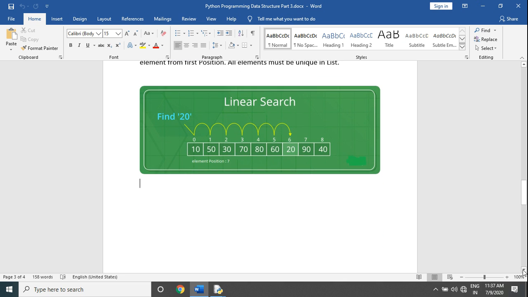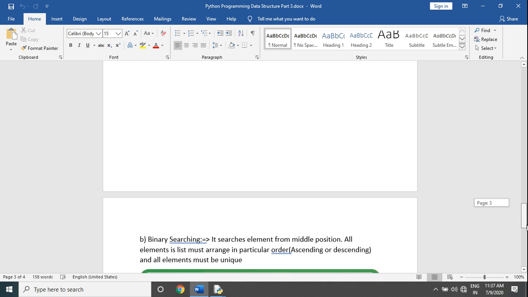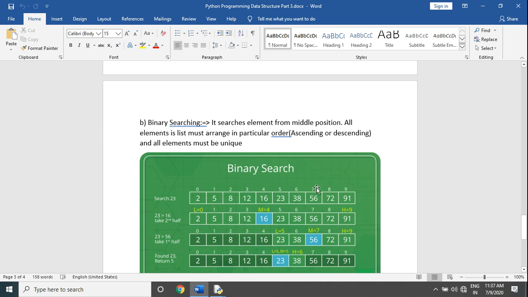Our second search is binary search. Binary search searches elements from the middle position, while linear search searches from the first position. All elements in the list must be arranged in a particular order, either ascending or descending, and all elements must be unique.